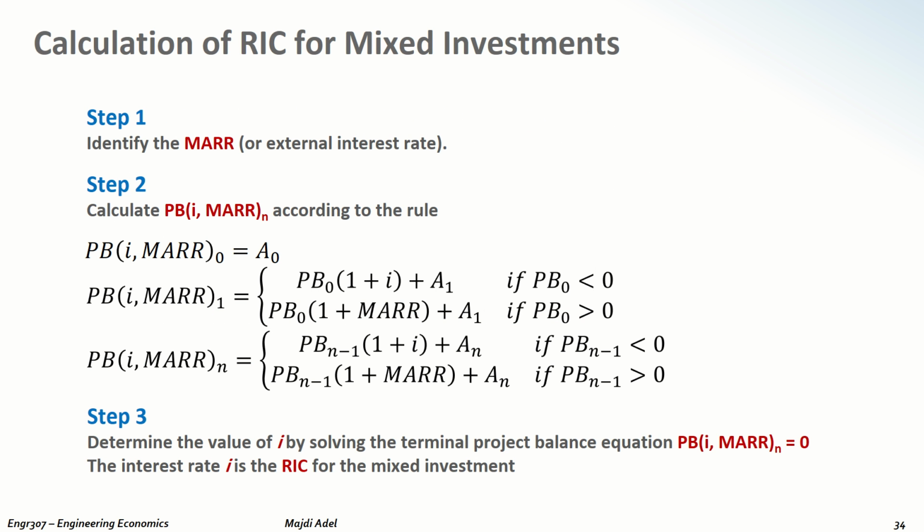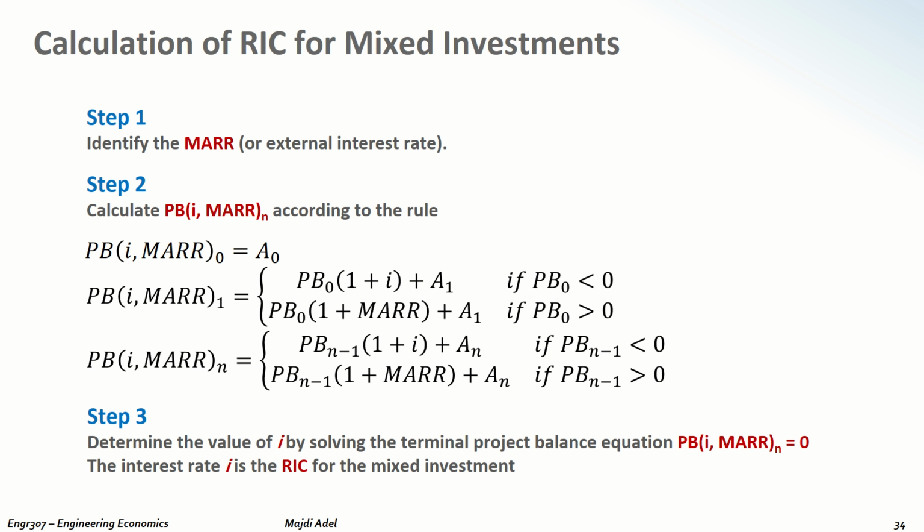Now, for mixed investments, how to calculate the RIC? In this case, we have two interest rates. The project is dealing with two interest rates, the MARR and the internal rate of return. So step one, we need to define the MARR, the minimum attractive rate of return. It must be known. Step 2, now we will calculate the project balance